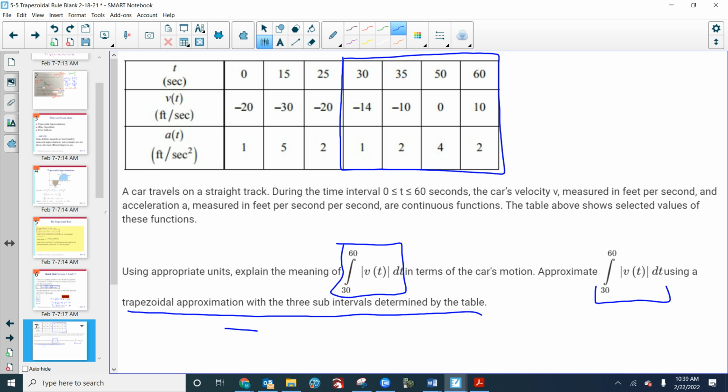No, we're going to use B of t and t. This negative 14 should be considered what? Positive 14, absolute value of V of t. Negative 10 should be considered positive 10. So if you really want to, until you get really comfortable with it, you could